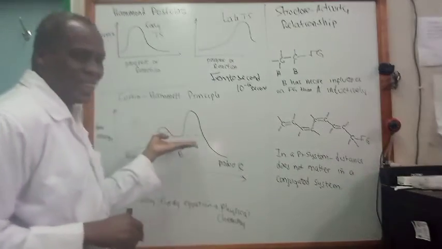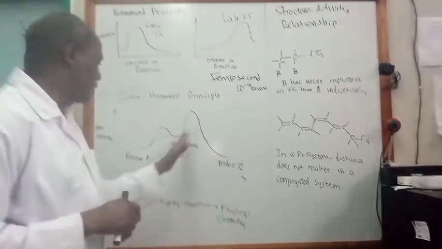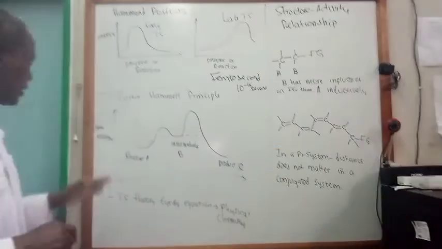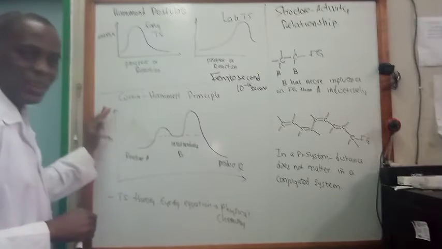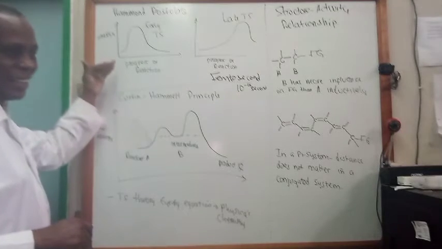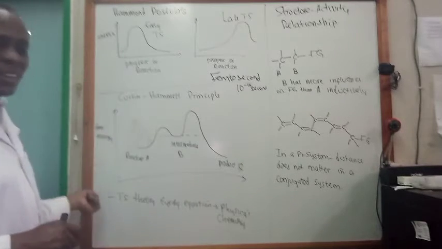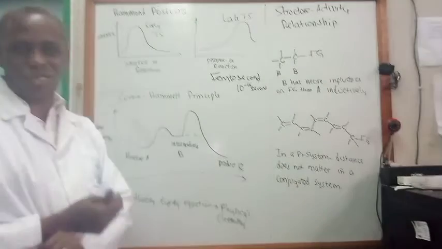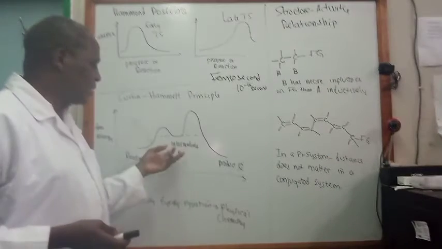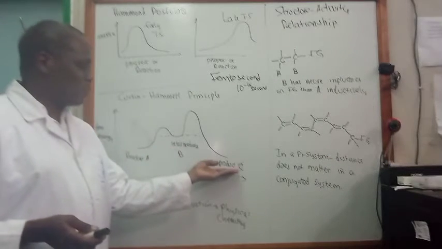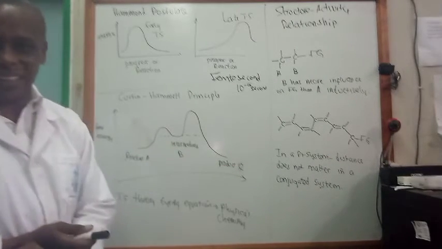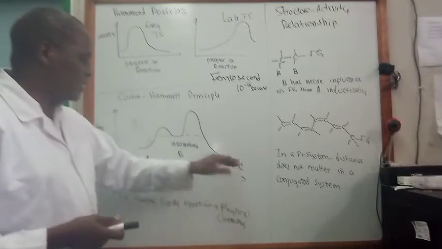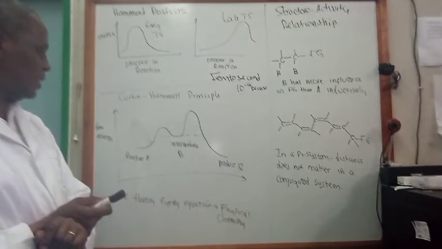And that's why this diagram is shown here. What can you see here? I believe, yes, it can be seen correctly. There is the energy, and you know the higher the energy, the less stable it is, the lower it is, the more stable it is. So there is the energy here, and then there is the progress of the reaction here. What can you see? There is an intermediate B, then there is a product C, and then there is a reactant A. Can you see one? Intermediate B, then there is a reactant A, and then there is a product C.